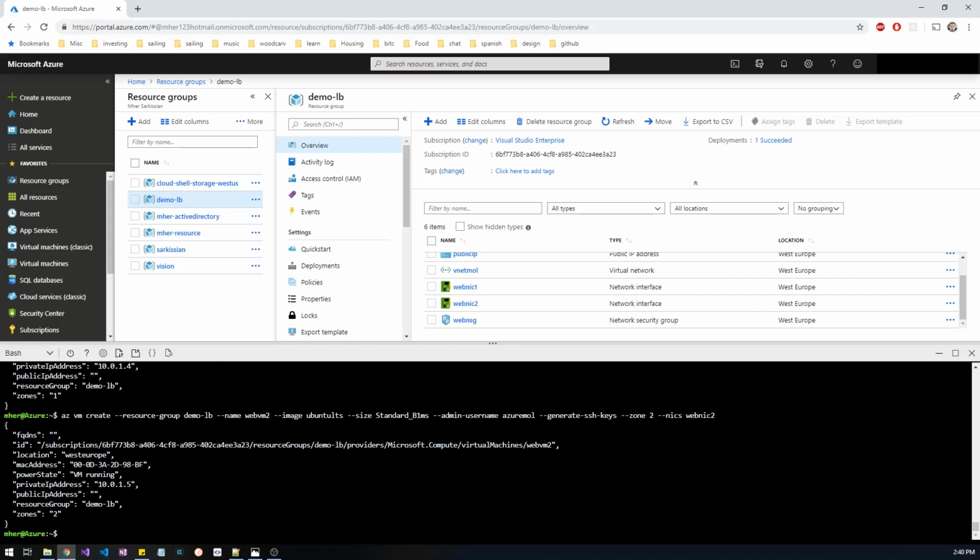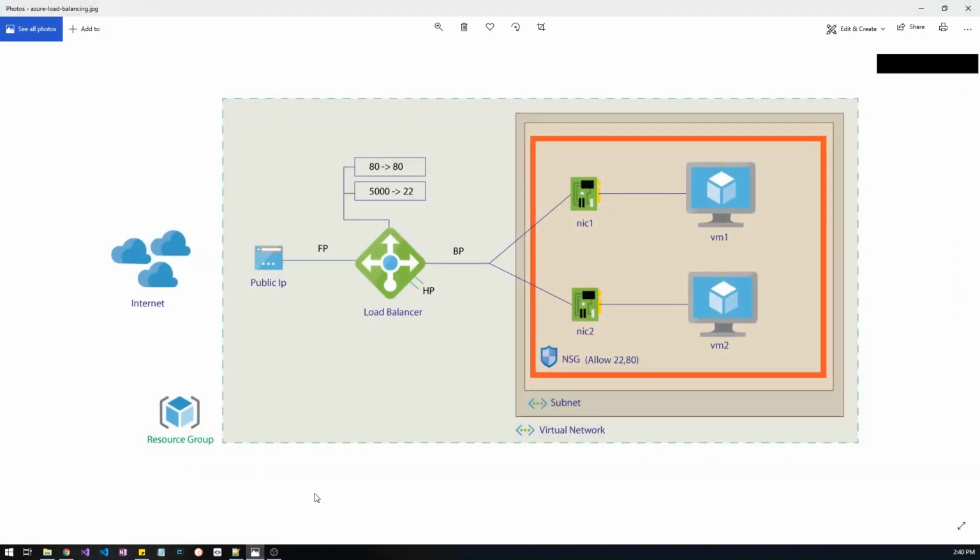Okay, that's done. So now we have everything created. Everything should be functional. So how do we test this? So what I'm going to do is now log into each of the virtual machines using SSH, and then install a web server on them. Since they are like empty Linux servers, I'm going to install an nginx web server, and then add like a